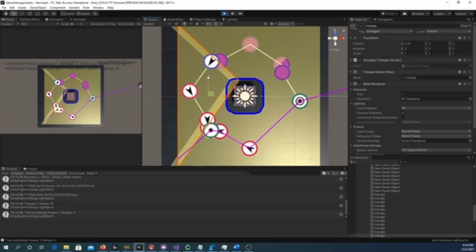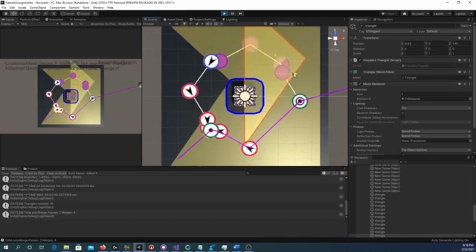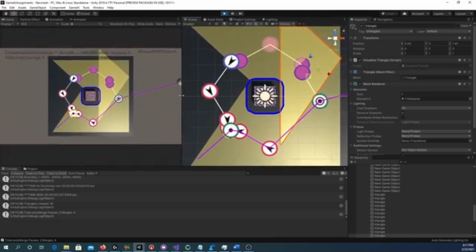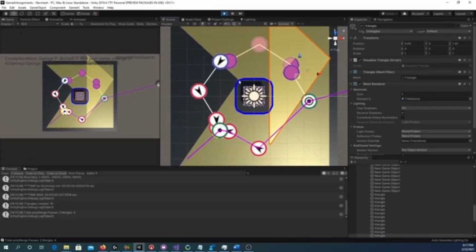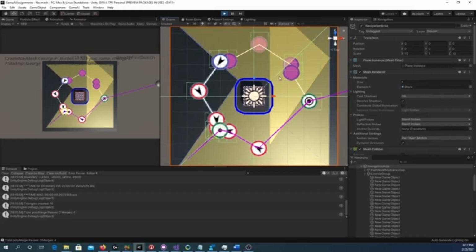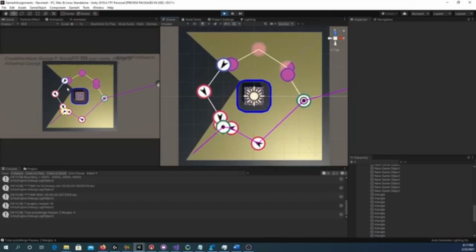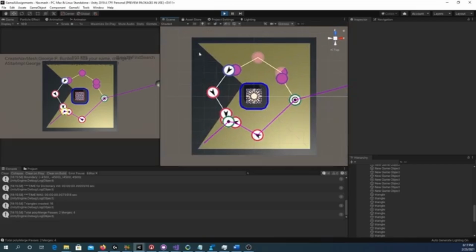And so I'm moving a triangle, and you're seeing how it really stands out when there's triangle overlap. And you can see it in the game as well. So that's what it looked like in the game view. So that helps you debug if you're having trouble. Of course, if you saw a big black open area like that, like if this triangle was just gone, you'll see that there's a big chunk missing. That would probably be something that you should be concerned about, and go back and look at your algorithm if you're missing a